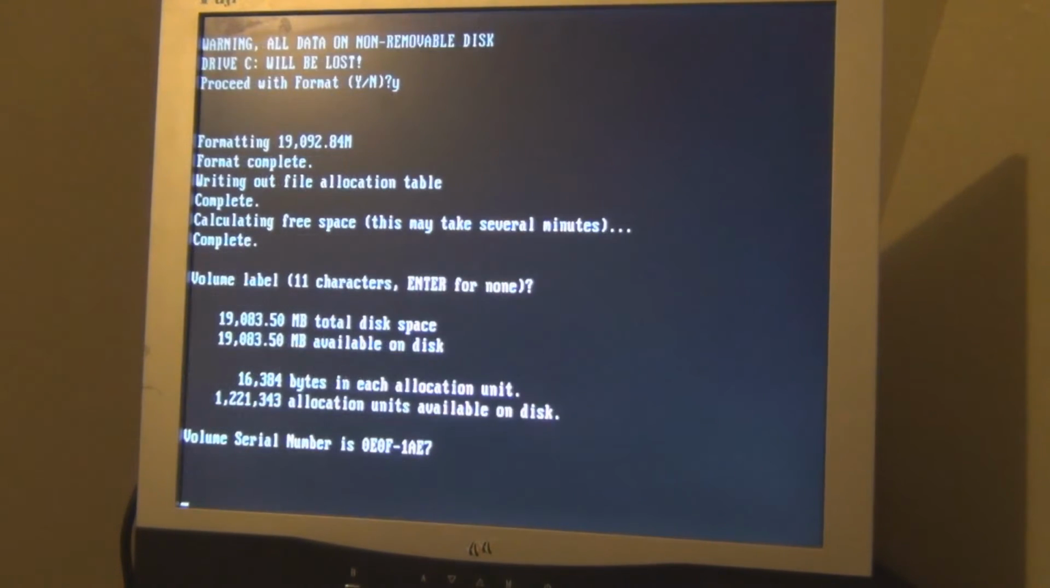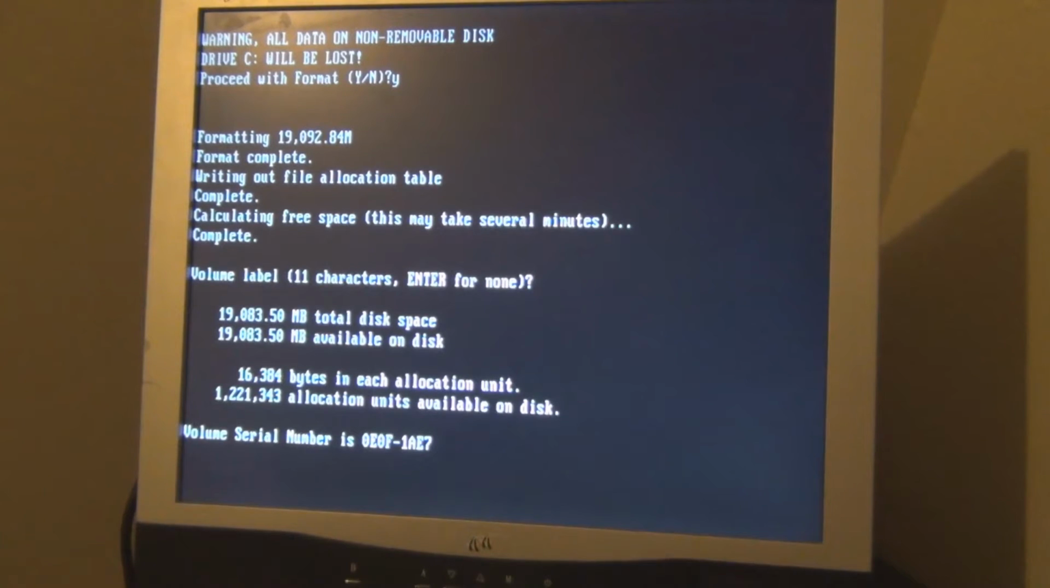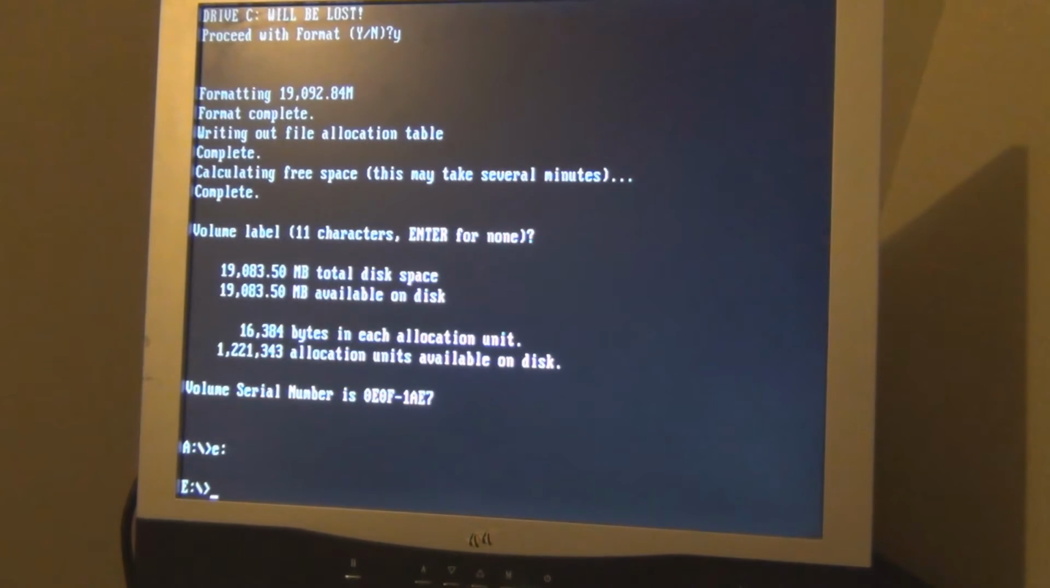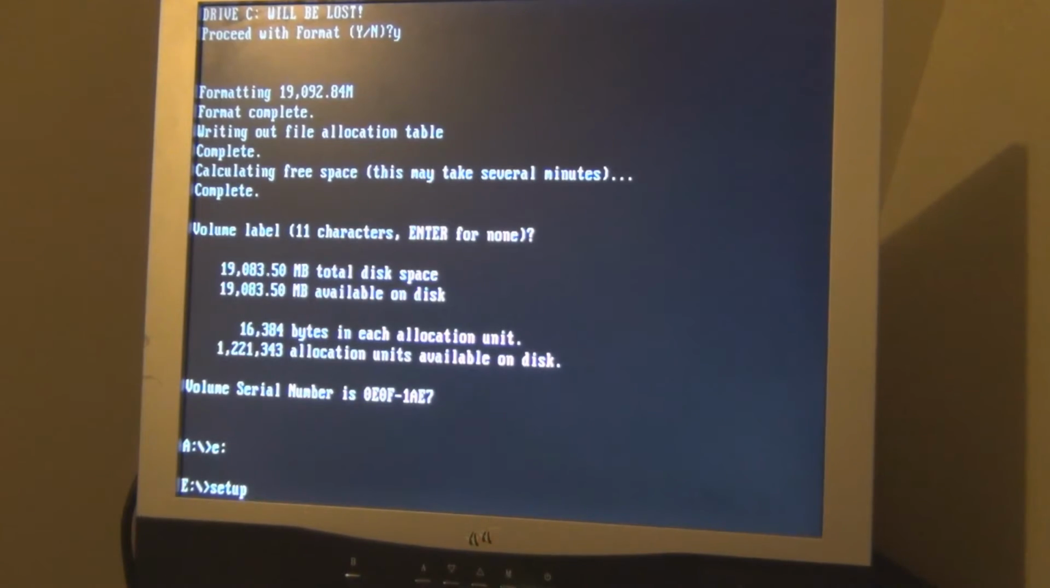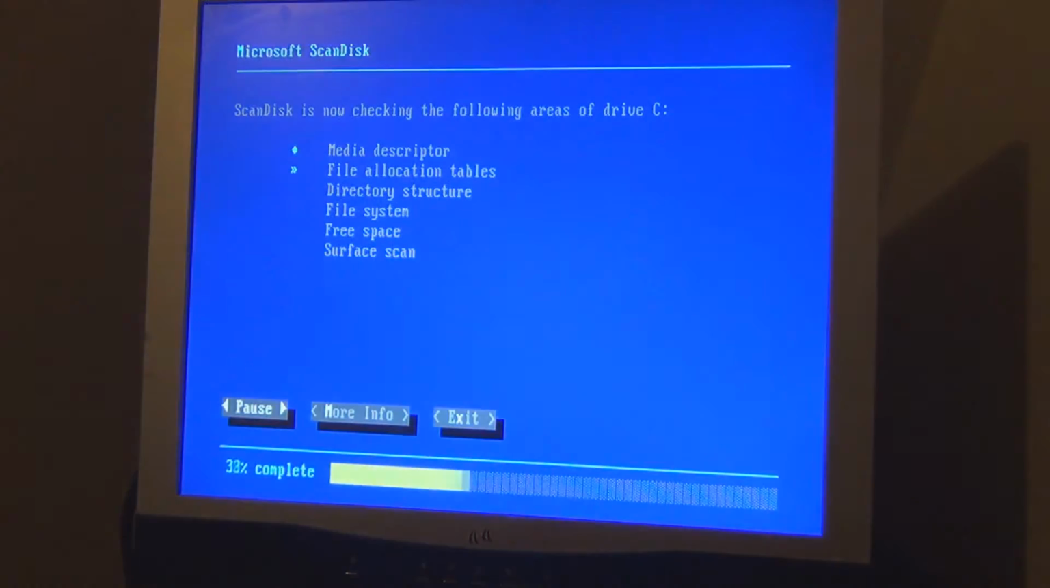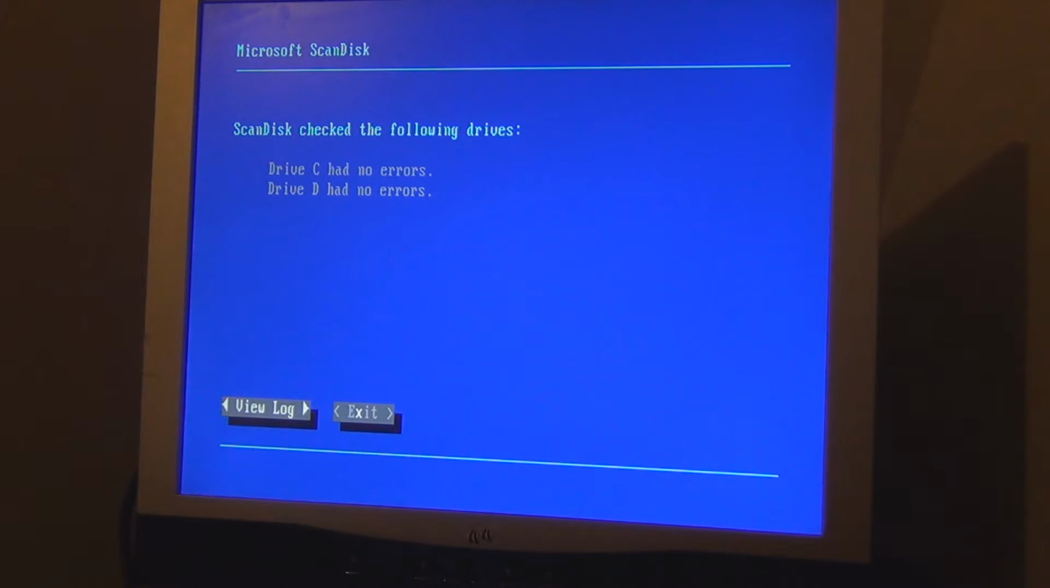Alright, so the formatting is done. Go ahead and get back to drive E at this point and run setup, and it should work now. Yay, that looks promising, doesn't it? And get my mouse ready because we should have a mouse in the setup. Haven't done the window. I think